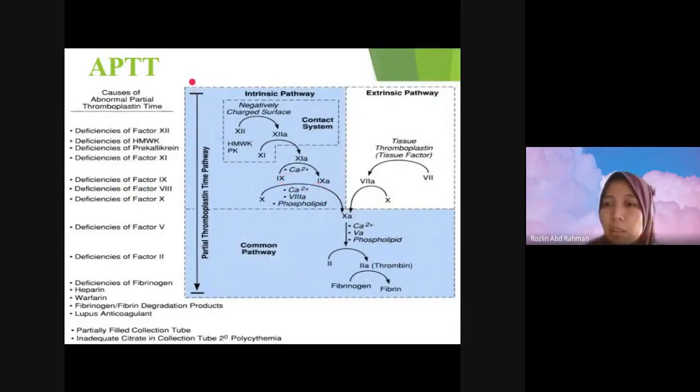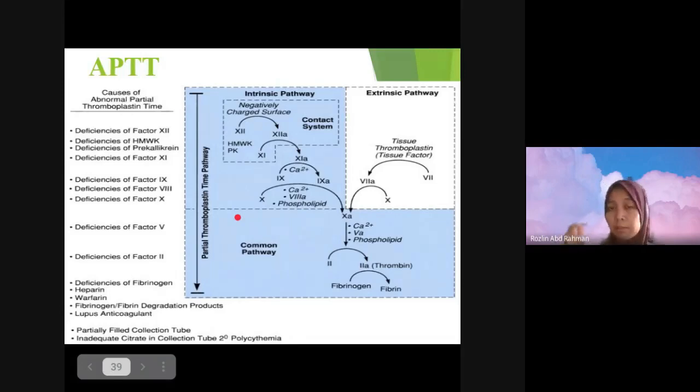Okay, so APTT checks your intrinsic pathway and common pathway. Okay, kalau you ada normal APTT result, it doesn't mean that you are normal, tapi patients tu ada bleeding, so mungkin they just ada a very mild deficiency of that one single coagulation factor. Okay, tapi kalau that factor dah decrease sampai 30 to 40% from the normal level, then you can have a prolonged APTT. Okay, so the APTT may not be prolonged until the factor levels have decreased to at least 40% of the